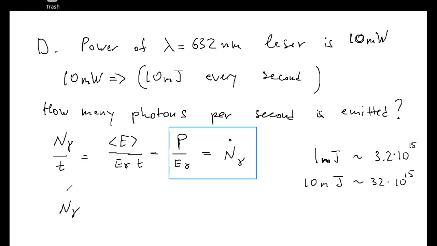So the rate at which photons are emitted from this 10 milliwatt laser would be basically 32 times 10 to the power 15, yeah? Photons per second. But you can do this the direct way: power over energy of one single photon. Power is energy per time, and energy over photon energy is the number of photons, so you get number of photons per time. Or if you don't like 32, you can make it 3.2 times 10 to the power 16